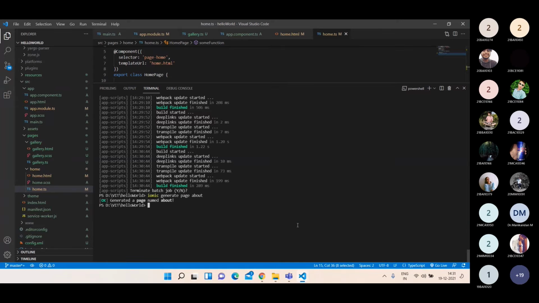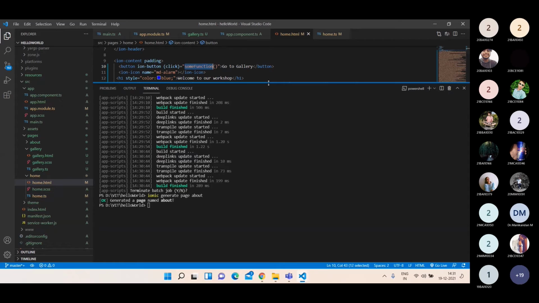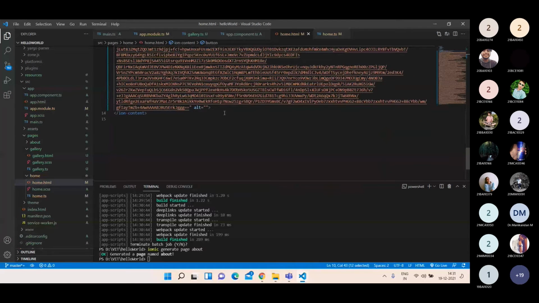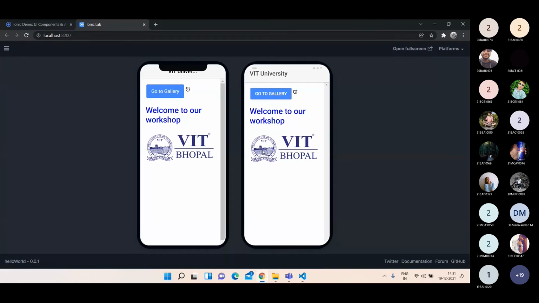I don't want to see this about page everywhere. So I'm just making it lazy loaded. So let me go to my home again, and let me create another button. About the app.